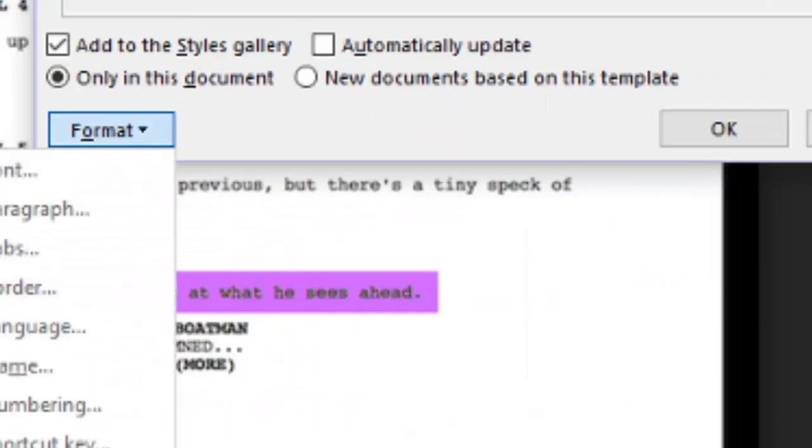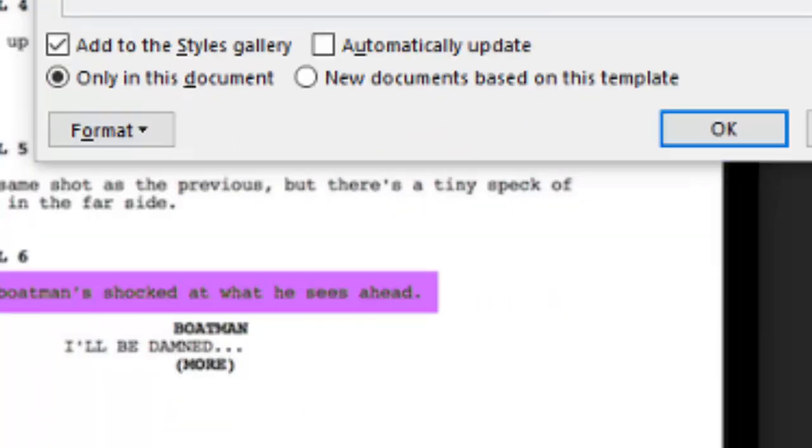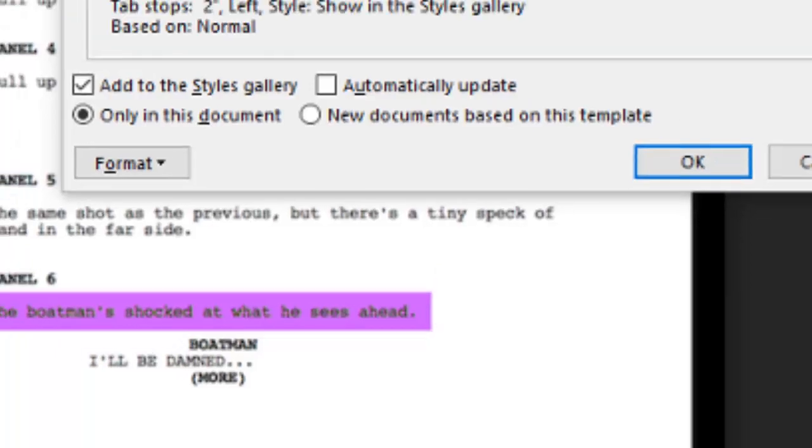So I'm going to go here to Format, Paragraphs, and then from the left hand side I can push it over using this left key right here. You can see it down here, and I'm going to go all the way to 2. So it's not quite centered, it's off centered to the left, and it looks something like what's happening over here with the dialog. Then I can go OK.